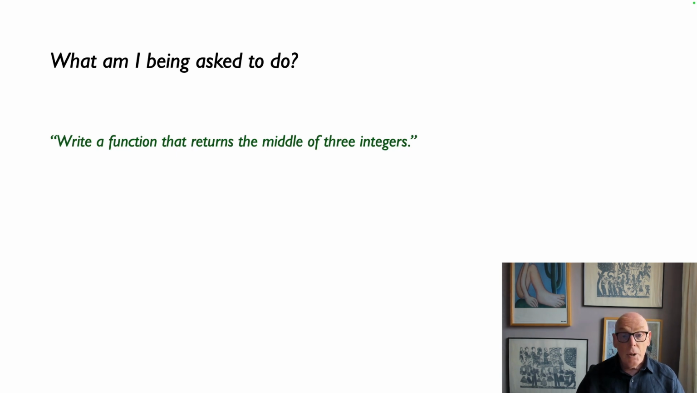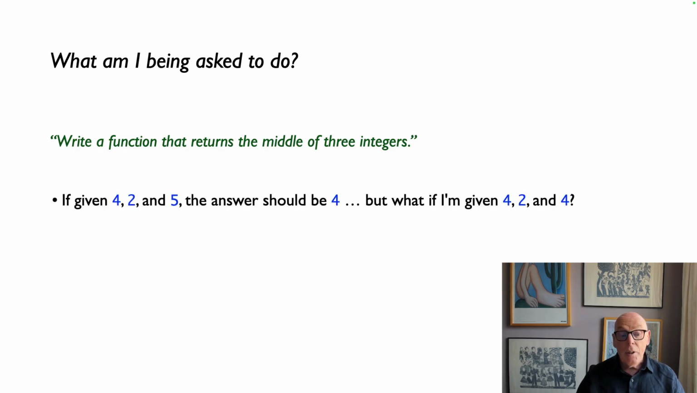So suppose you're asked to write a function that returns the middle of three integers. Well, it's clear if you're given 4 and 2 and 5, the middle of those is number 4. But what do you do if the numbers are 4 and 2 and 4? Well, a situation like this where what you're being asked to do isn't completely specified, there are really two things